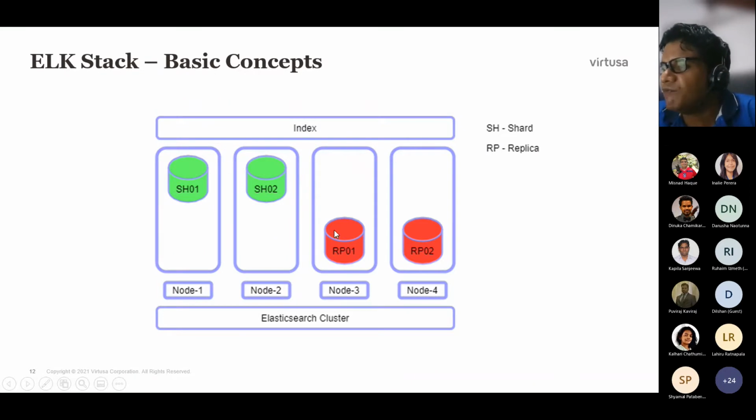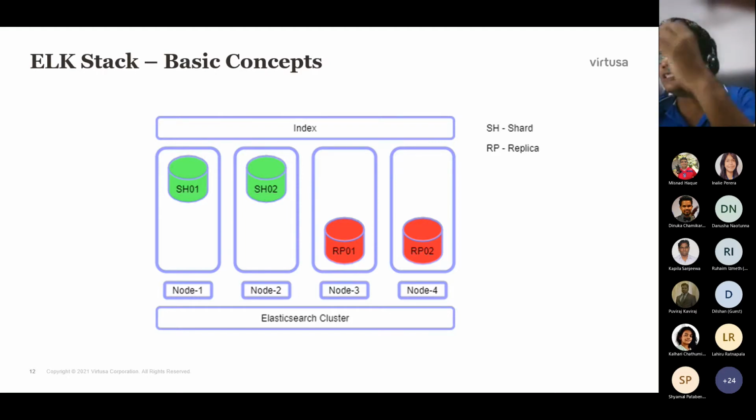So this shard has one replica on this particular node, and this shard has one replica on that node. Elasticsearch does all of that itself. If a particular shard goes down or crashes, or the node crashes, Elasticsearch knows that the shard or node is not available, and that the data is available in the replica. It can go to that replica and do the search there, and new data also gets stored inside the replica.